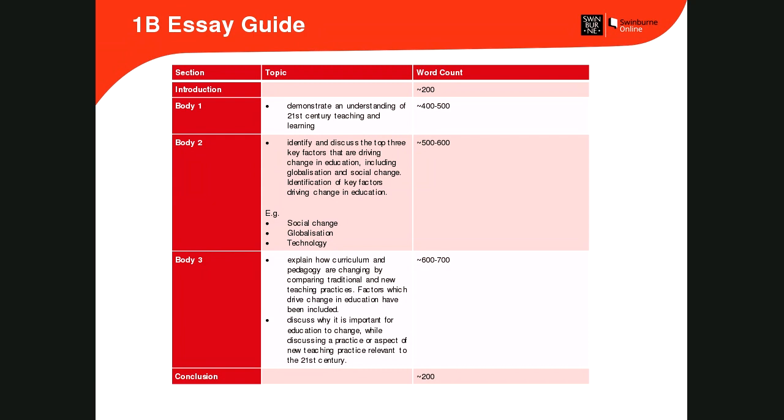So what we've tried to do in this essay guide is give you a bit of a breakdown on the word count, because I know lots of you find that really useful. But don't get stuck with this. If you happen to do a little bit more on one part and a little bit less on another, that's fine. As long as you're addressing the criteria, it doesn't really matter. But what we've tried to do is give you an outline here. So your intro shouldn't be any more than about 200 words for an essay of this length. If it is more than that, then you're starting to eat into your elaboration and discussion points. Same with your conclusion. What we've tried to do here is break it down into the sections of the essay details.